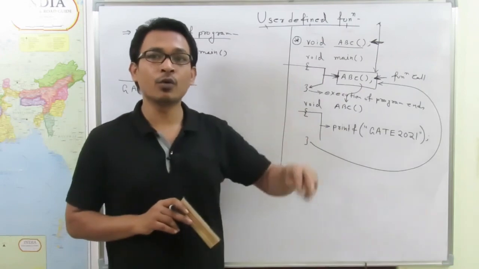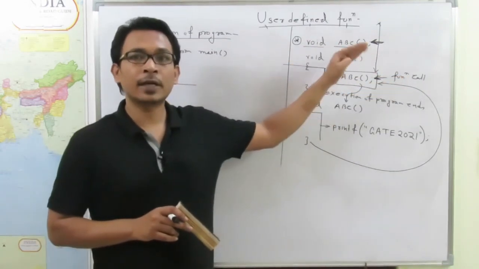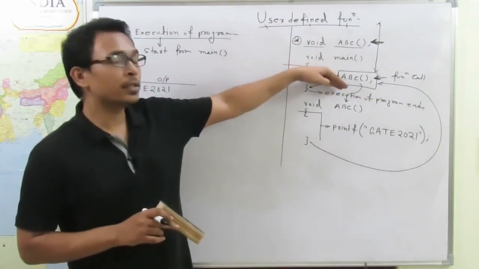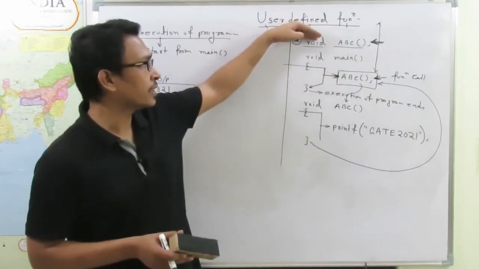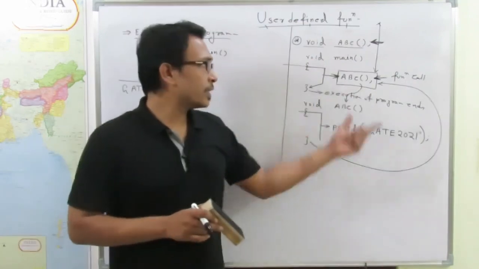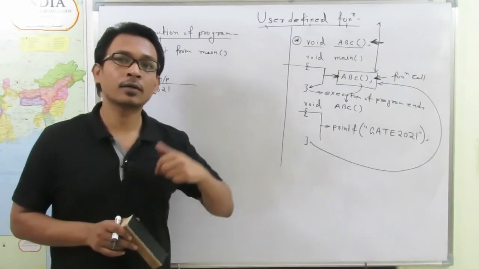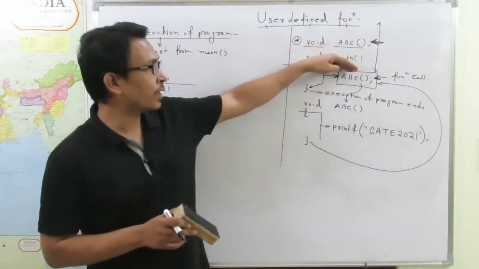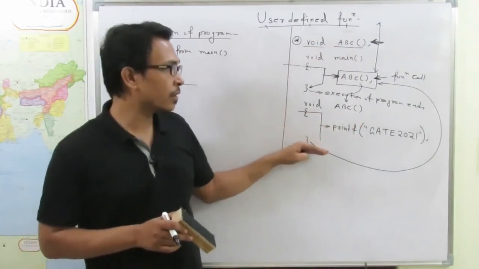So system has to know what this is, and for that it will check all the instructions above this particular instruction, and it encounters this introduction of this user defined function, and whenever it gets this instruction, system knows that this is a user defined function, and after that only it will go for the function definition and control jumps from this main function to abc function, executes this abc function, control goes back to the